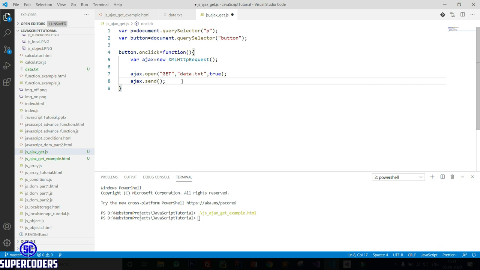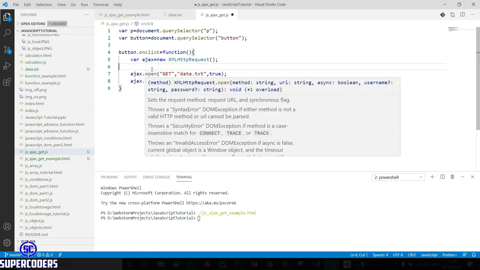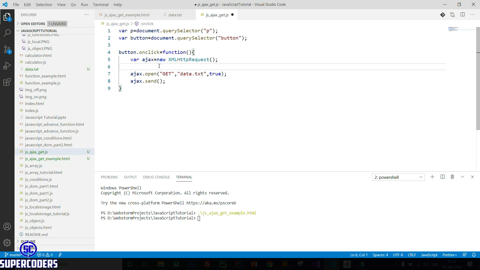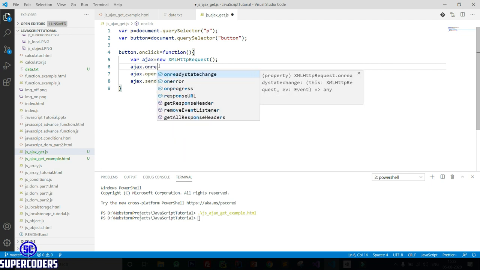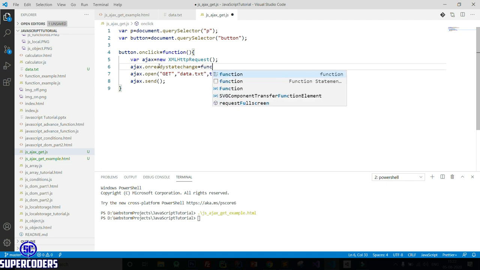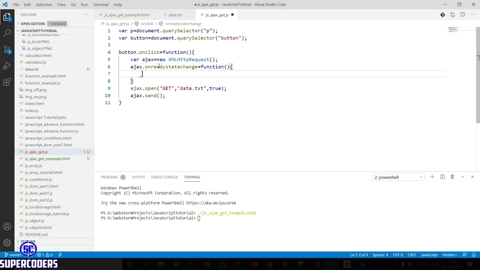Now this is our Ajax code which is done, but add one more thing which is the Ajax response or ready state listener. When you send a request from Ajax, it runs in the background, and we can receive data in this method. So ajax.onreadystatechange equal to function. This is the callback function which will be called when the request completes.